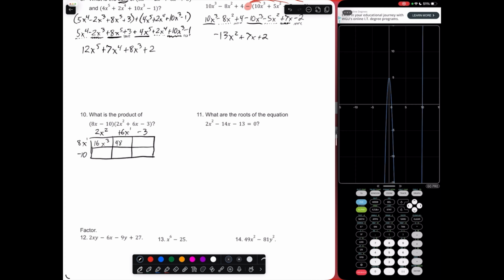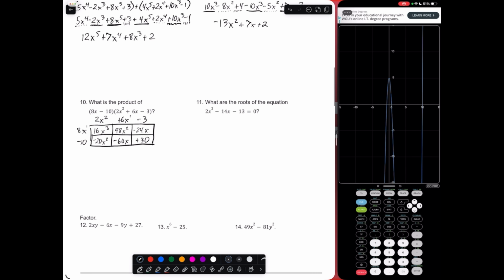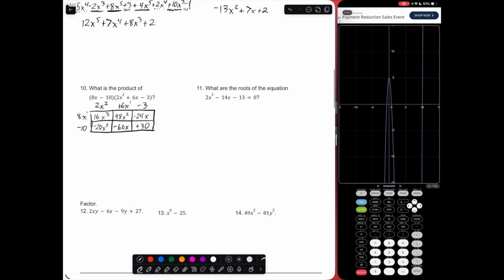8 times 6 is 48. Add the exponents. 8 times -3. -10 times 2. -10 times 6. And -10 times -3 would be a +30. Plus sign is not really necessary, but I just want to kind of reinforce the idea that that's going to be positive. So any like terms that we might have, these two wind up being like terms, and these two are like terms. So 48 and a -20 would give us a +28x squared, and -60 and -24 would be